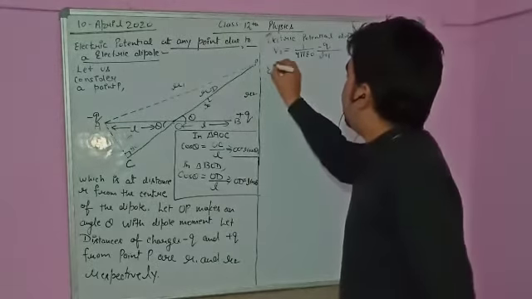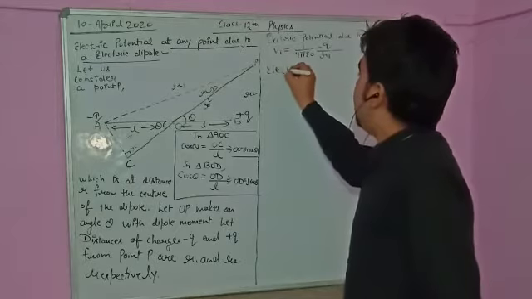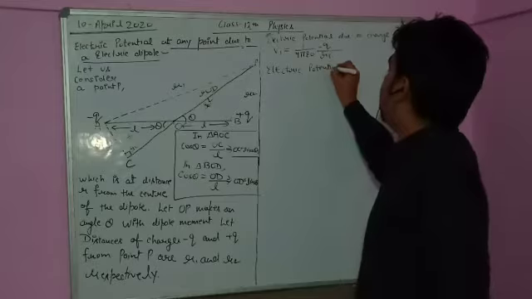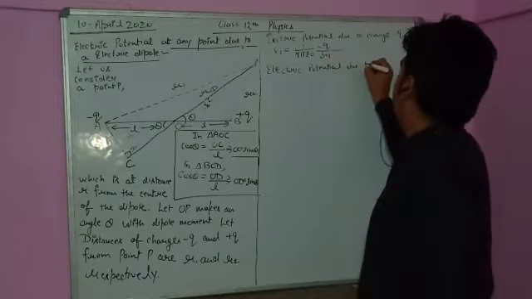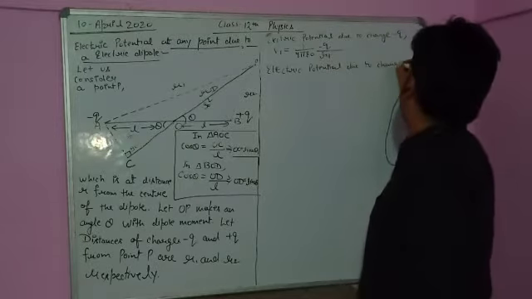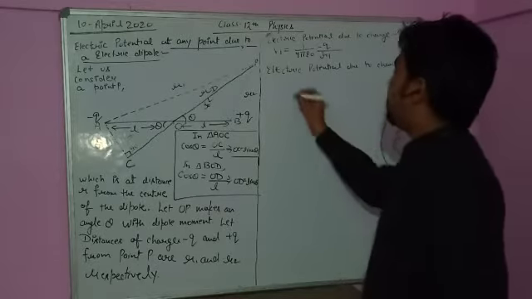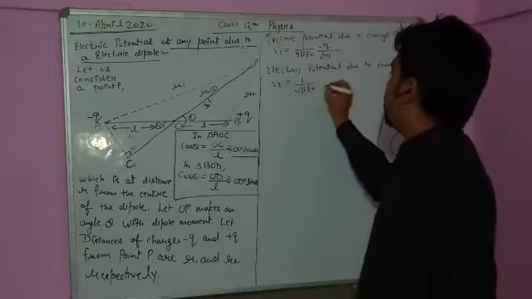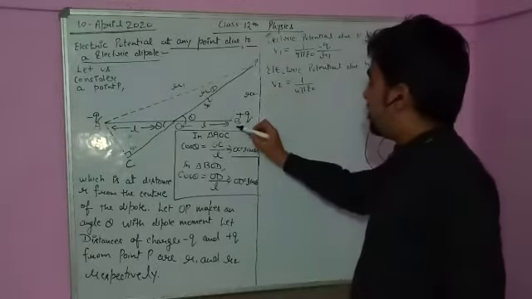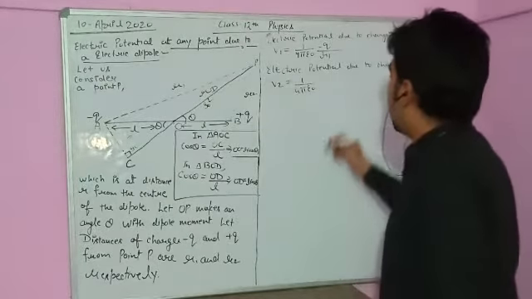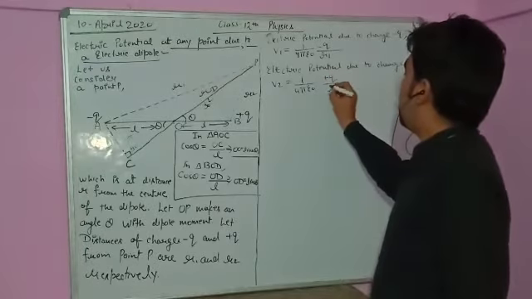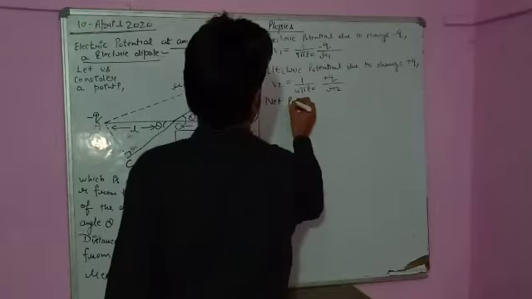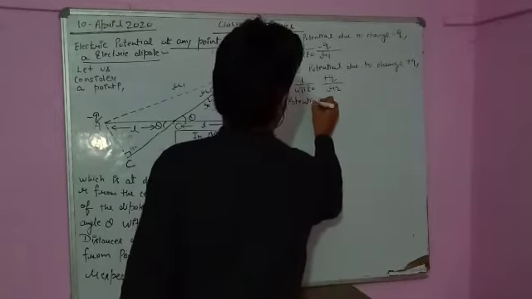Now in the similar way, calculate electric potential due to charge plus Q. What will be the electric potential due to charge plus Q? V2 is equal to 1 upon 4 pi epsilon naught plus Q divided by distance R2, plus Q upon R2. What will be the net potential? So net potential at point P,